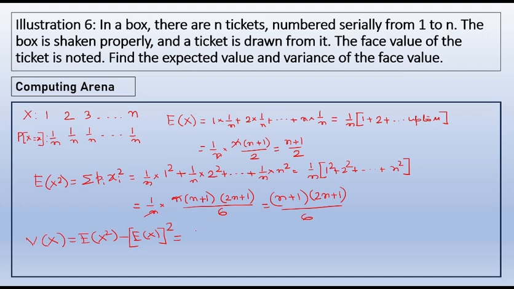Now, expectation of x square we have as n plus 1 into 2n plus 1 by 6, and expectation of x whole square is n plus 1 whole square divided by 4. Now here we can take n plus 1 common. If we take n plus 1 common, then we have here